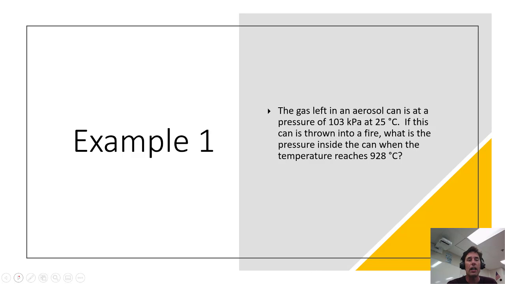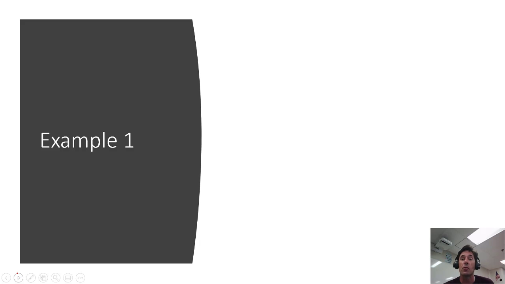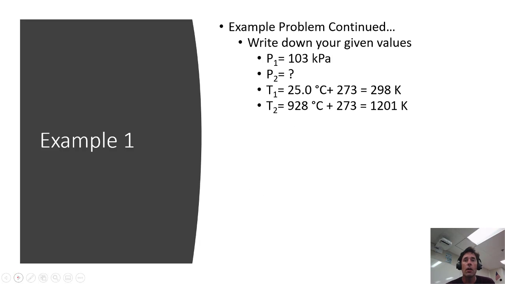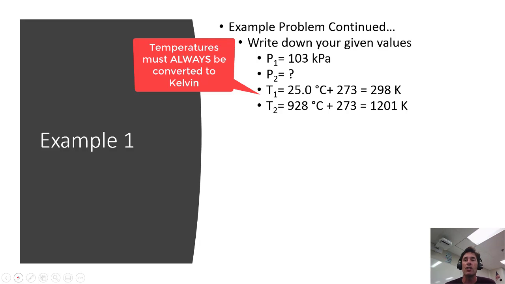One of the things I highly suggest for problems like this is to write down what is given. So what we have given is the following. We're given an initial pressure of 103 kilopascals. We're trying to find the final pressure. The initial temperature, I converted to Kelvin at 298 Kelvin, and the final temperature, T2, I changed again to Kelvin,